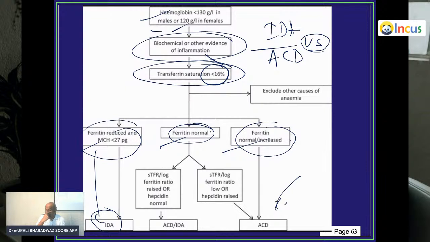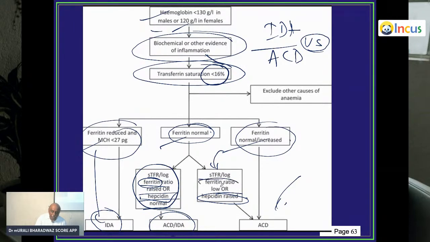Problem will come if both are coexistent. Like a rheumatoid arthritis patient has an ACD and also she is not eating food and she also has got an iron deficiency, let us assume. So then what will you do? You will do the serum transferrin receptor level divided by logarithm of the ferritin ratio. Or you can do the hepcidin levels. If the hepcidin is normal, then that is a combination. But if the hepcidin level is raised or the serum transferrin receptor and ferritin ratio is low, then that is